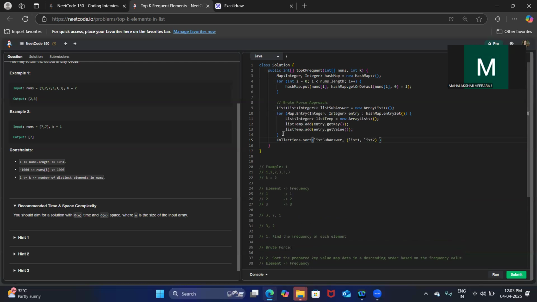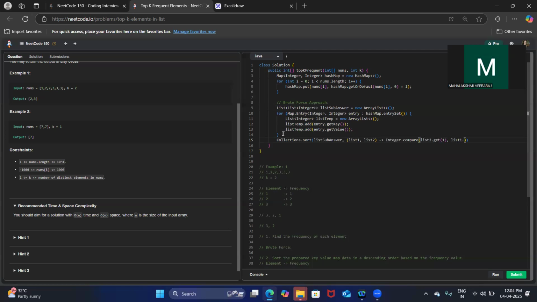So this is the custom comparator that I created to perform the sorting operation based on my requirement: sort based on the frequency value in descending order.